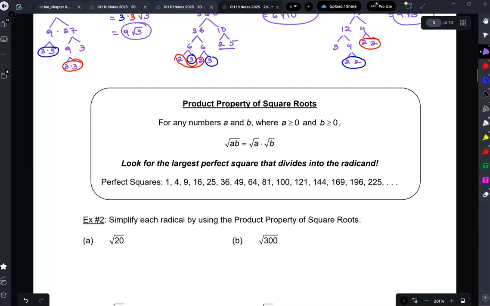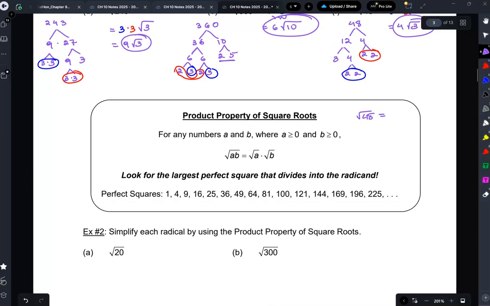We were just doing root 48. What did we say? Root 48 is 12 times 4, right? Because 48 is 12 times 4, I'm allowed to write it as root 12, root 4. Okay? That could be a little bit of a shortcut, but